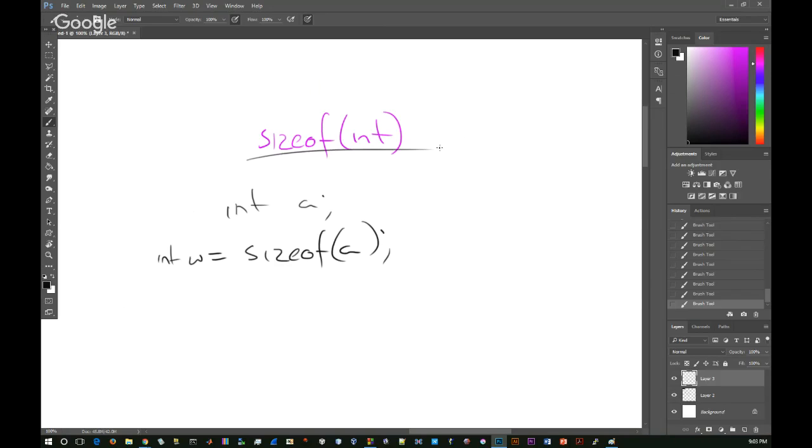So sizeof has nothing to do with malloc, okay? It has nothing to do with malloc. sizeof you can use in any way you like. It's handy for malloc, and it is useful for malloc, but it has nothing to do with memory allocation. It just returns